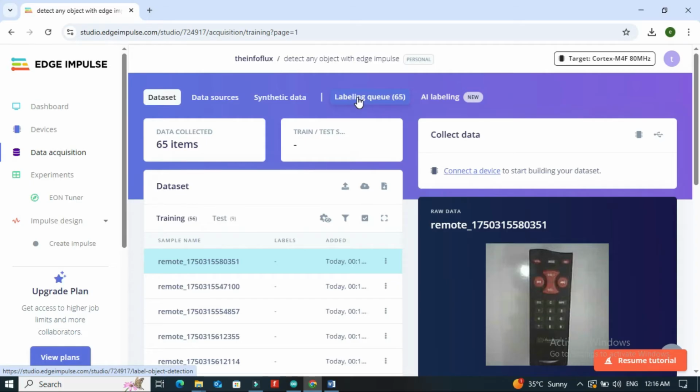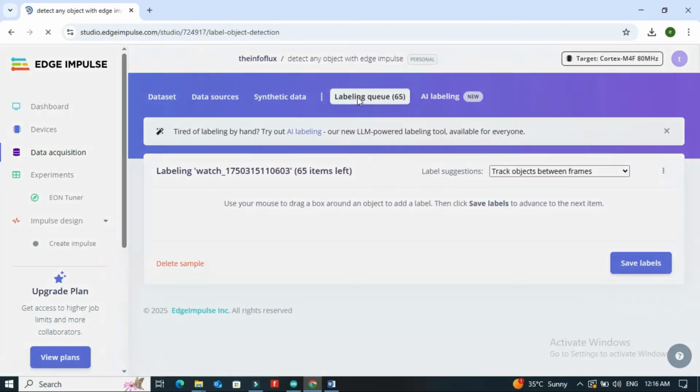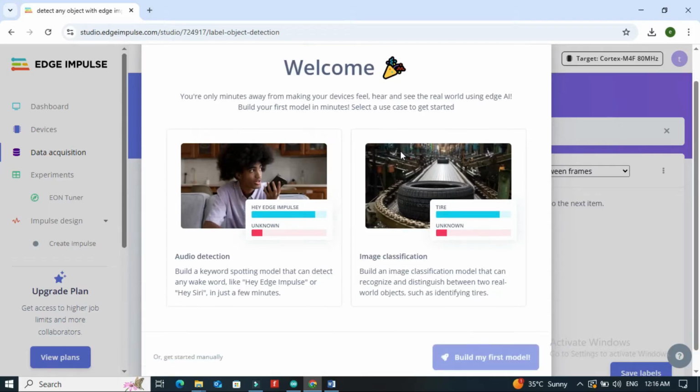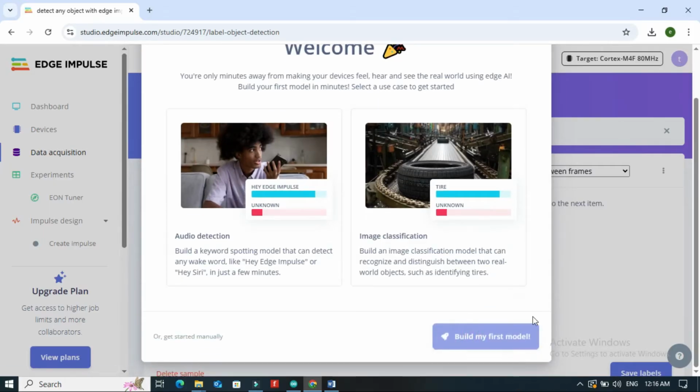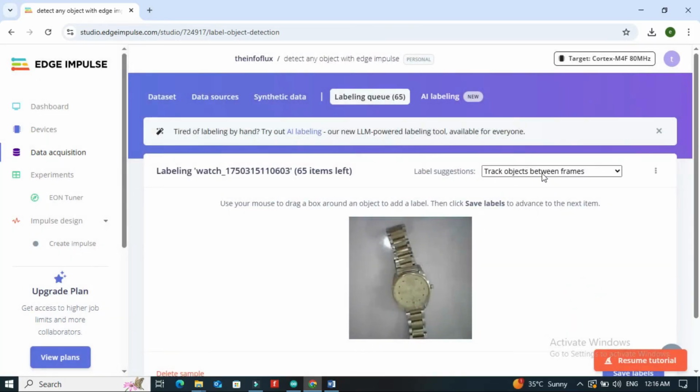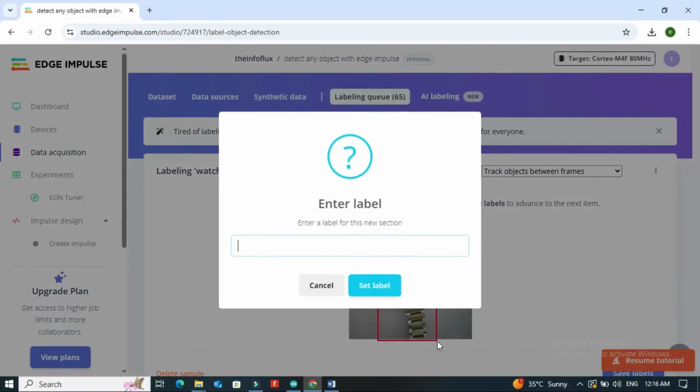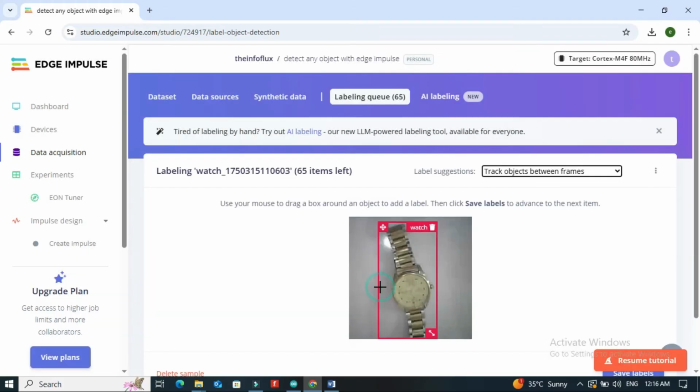Click on Labeling queue. For each image, draw a box around the object and give it a label. For example, watch. Enable track object between frames.